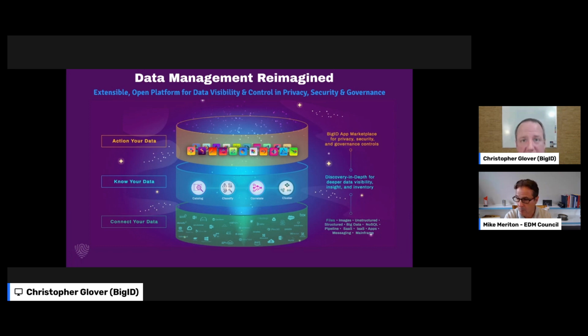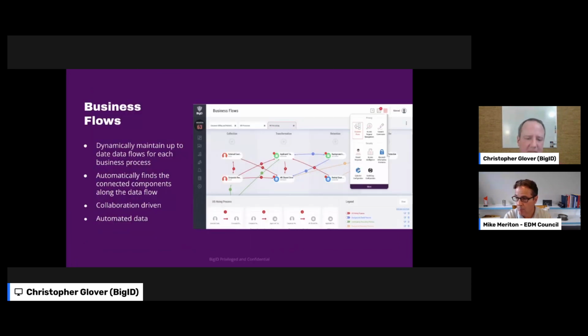The way we approach data management and areas like lineage is we're really looking not to recreate these technologies from the past, but to apply a lot of intelligence to it. We already have capabilities in lineage, and you're going to see more of a lineage story from BigID coming out in the latter part of this year.